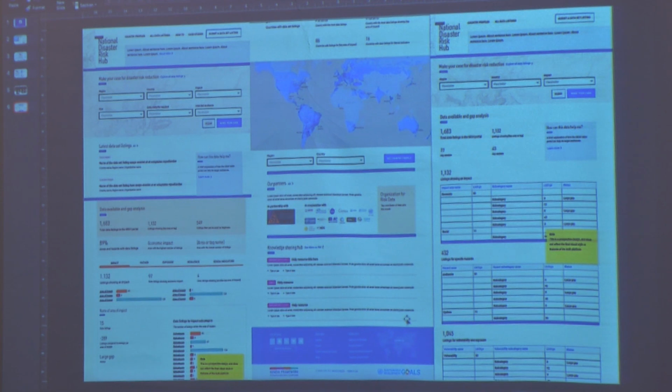This is just an example of what the system will look like. Again, this is my last point, and of interest to local partners in Bangladesh is what's called a data available and gap analysis. Again, that quick infographic will tell you what hazard information you have or do not have, and geotagged across different admin levels in your country. And what we really want to see that information used for is to develop a roadmap of how to fill those knowledge gaps on risk.